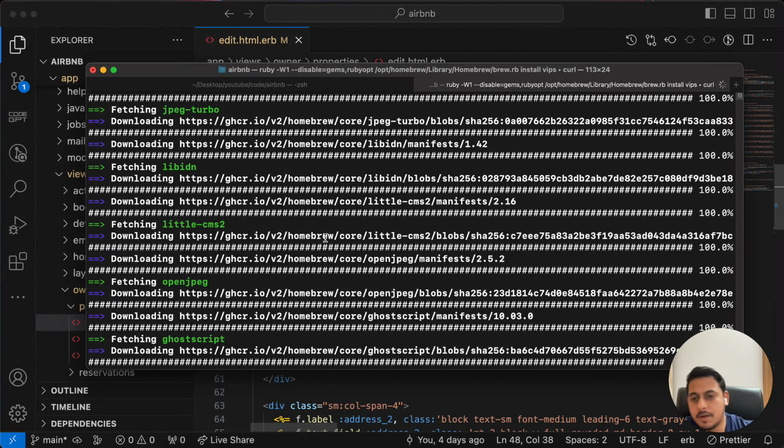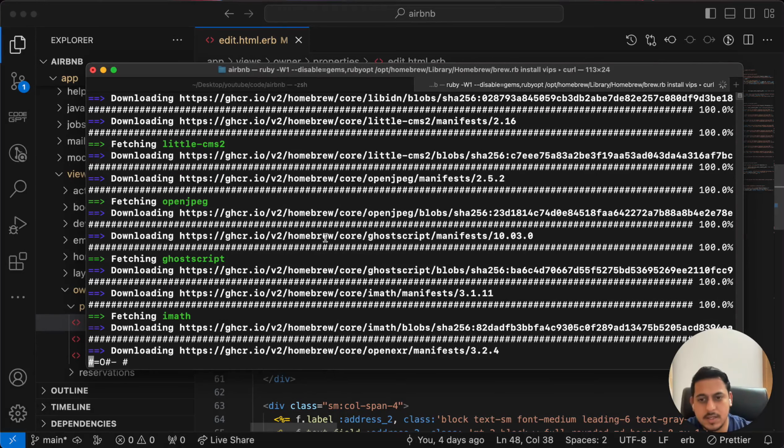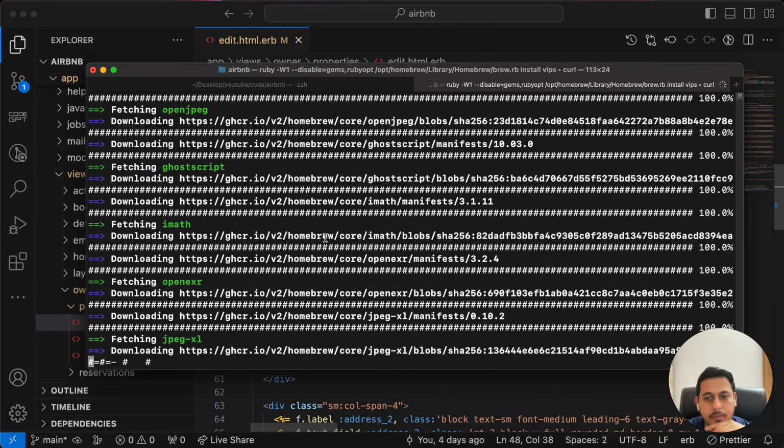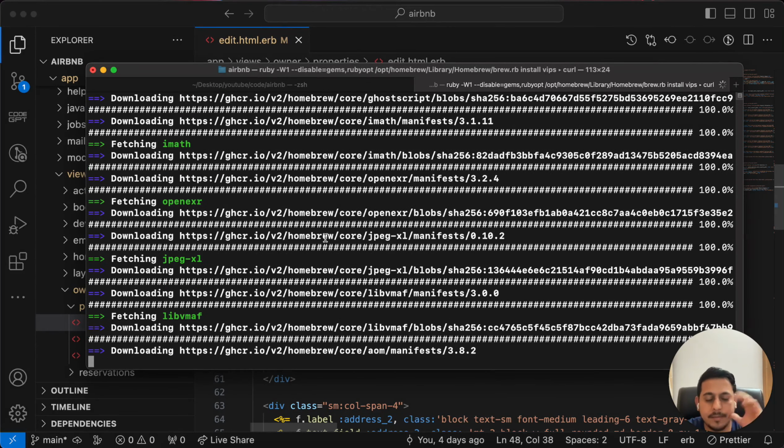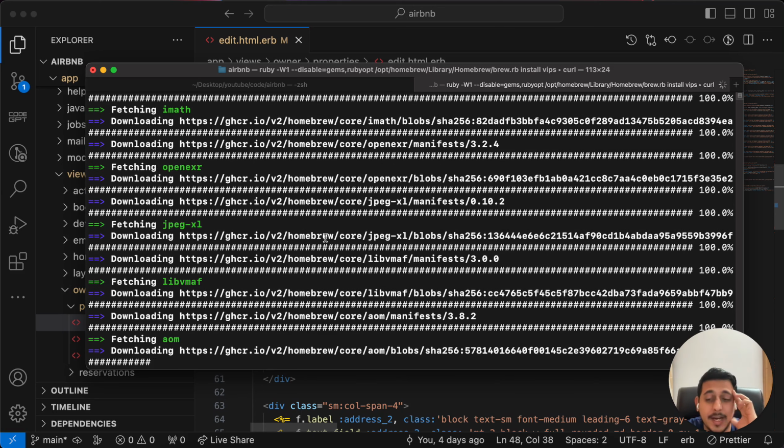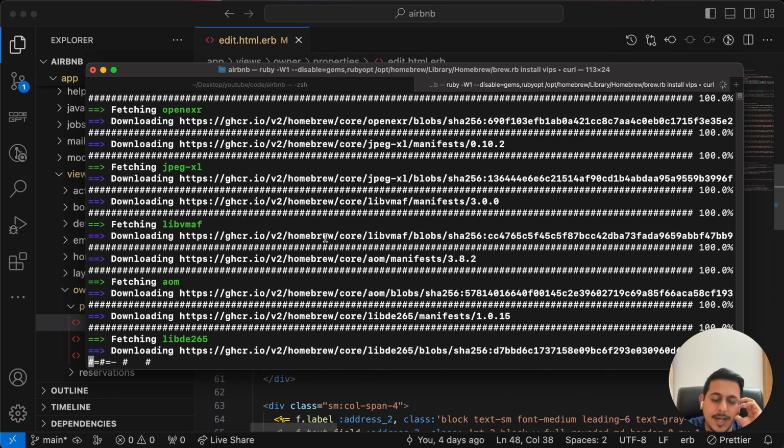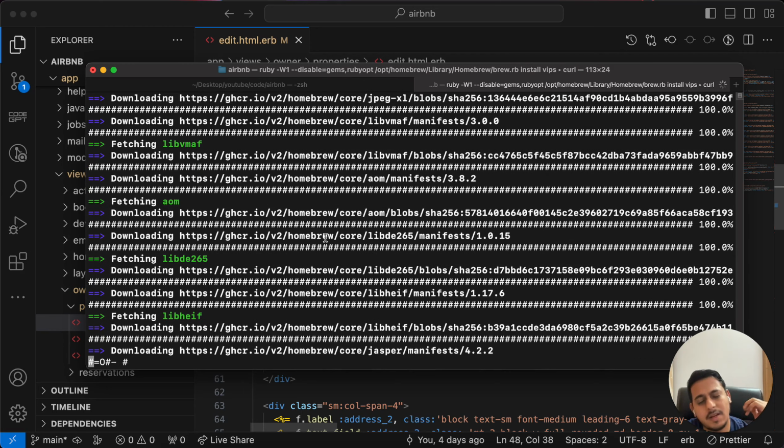It might take some time, but we'll have to do this. Once this error gets fixed, we will move on to adding the property. And once the add property gets done, then we can do search and